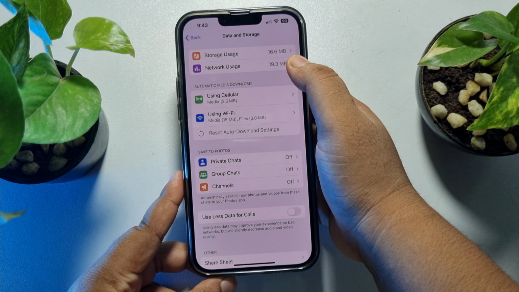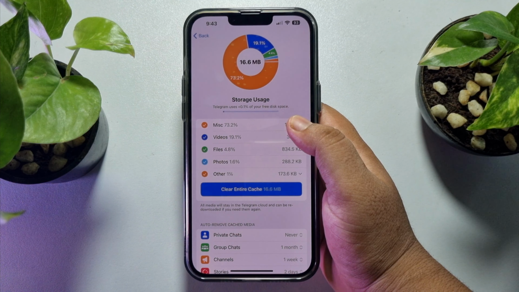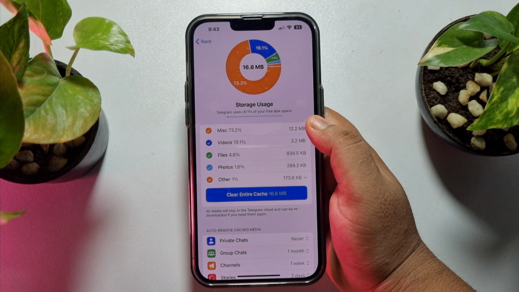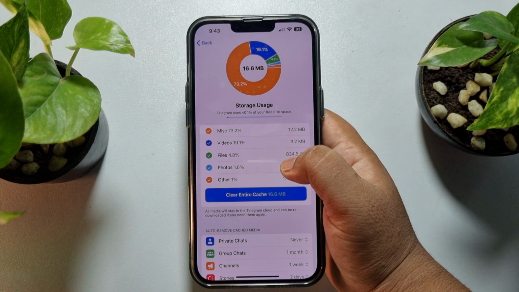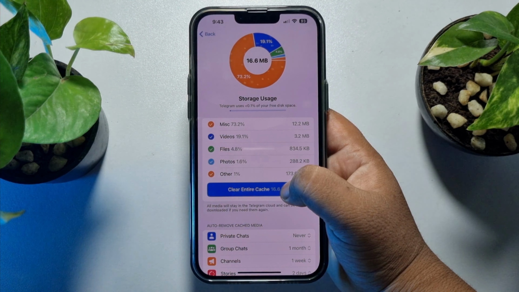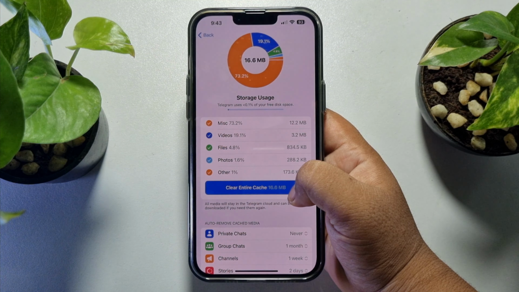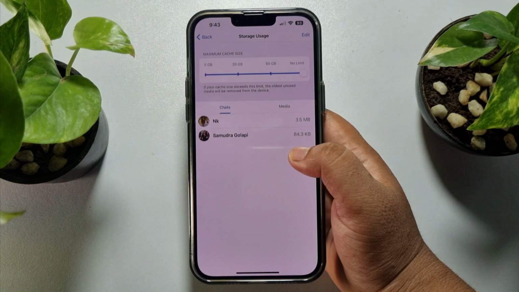And here tap on storage usage. And here to delete all of your downloaded videos, files, photos, other files at once, just tap on clear entire cache. Or if you want to delete manually, then in this page scroll down all the way to the bottom